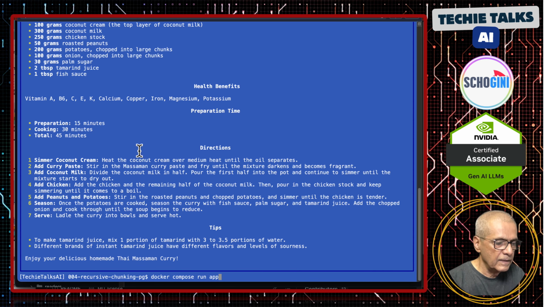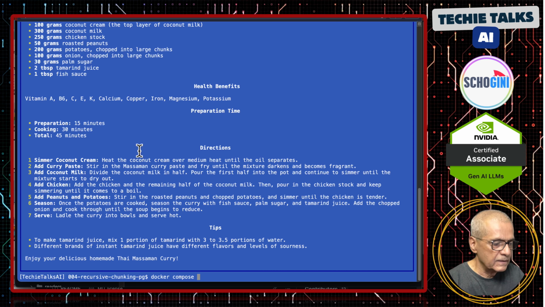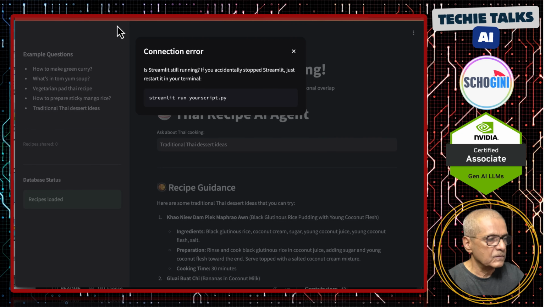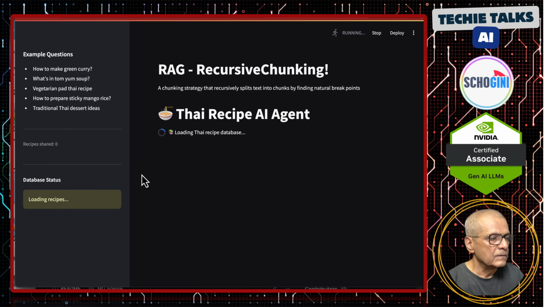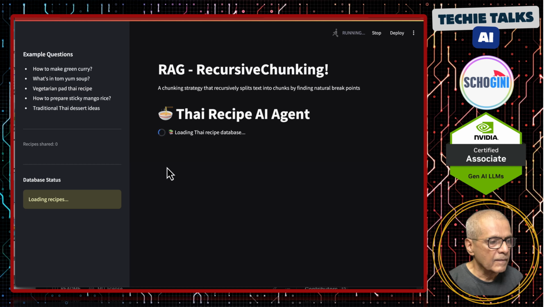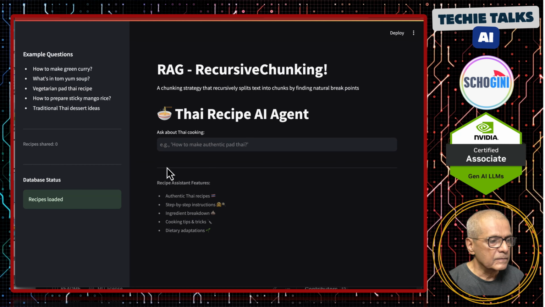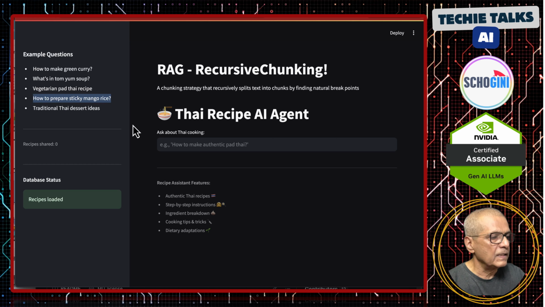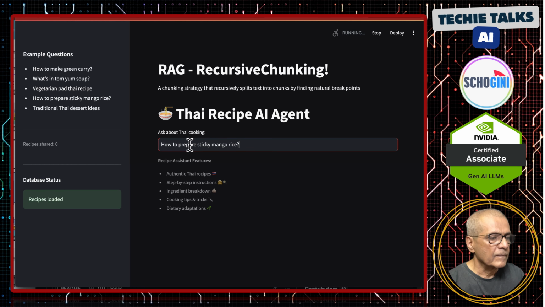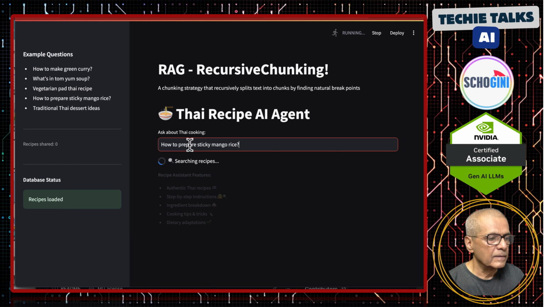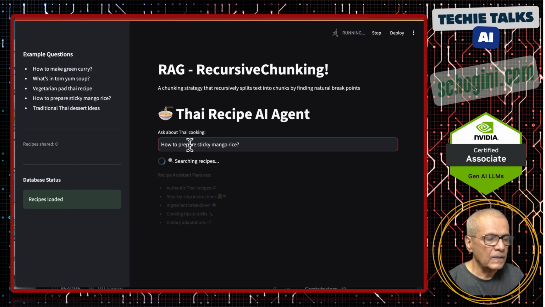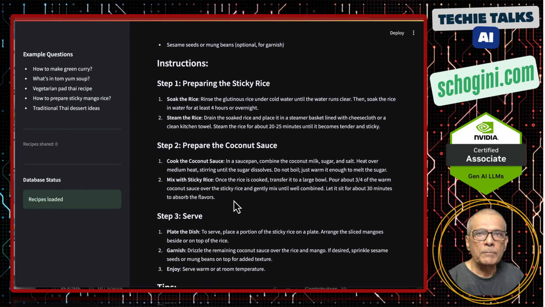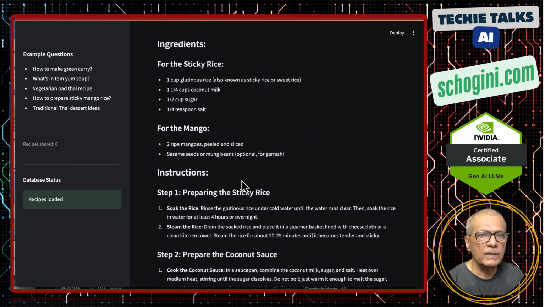And how do we run the Streamlit application? Docker Compose up app-st. Let's refresh this page. So it's loading the chunks and it is ready. And now here, how to prepare sticky mango rice. So it is querying the knowledge exactly like the command line application. Only thing is we made it into a presentable web application so that you can present this to your AI